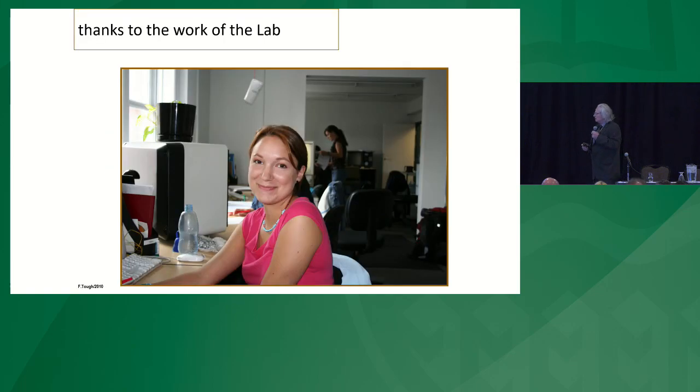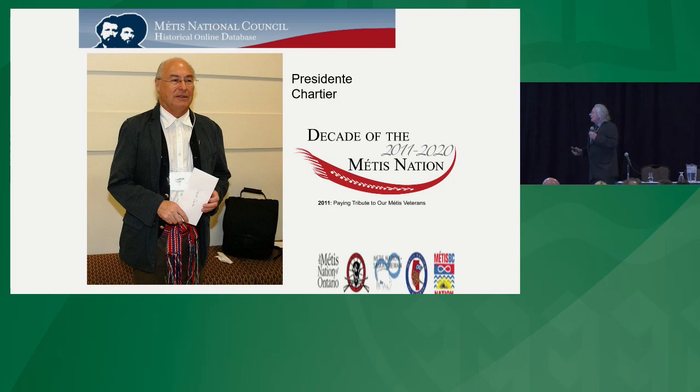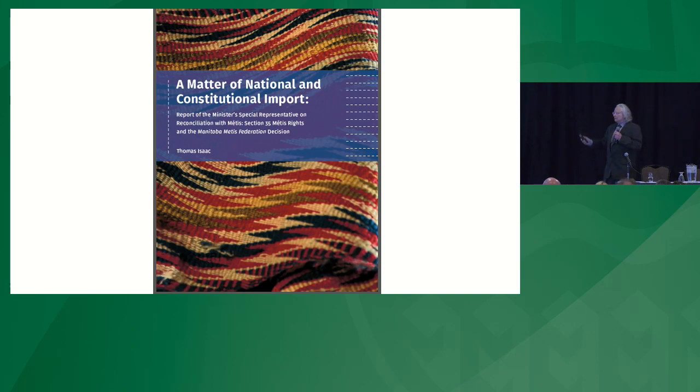I want to acknowledge that I couldn't do this without lots and lots of people who've gone through the labs, lots and lots of students. This happens to be Raylene Whitford. And also, I could not do this without Clem Chartier, President Chartier. It is his legal thinking that started the legal theory around rights litigation. Whether you like it or you think it isn't a priority, it doesn't matter. He paved the way, and other people have done amazing work. And he funded, right? The Métis Nation of Saskatchewan funded the matrix research. Hopefully this is a much better way of going, but hopefully it doesn't trample the story about Scrip.